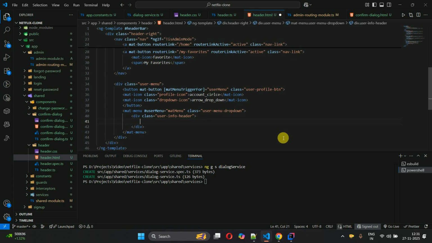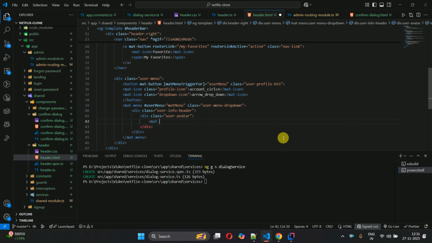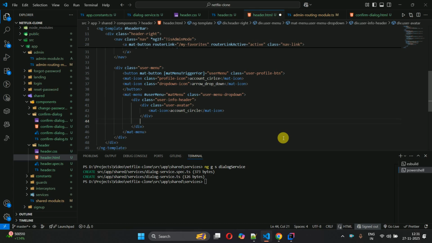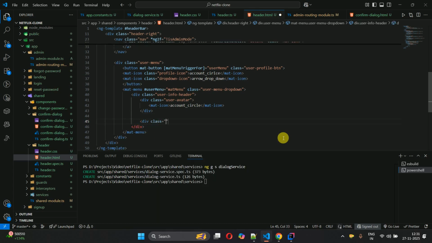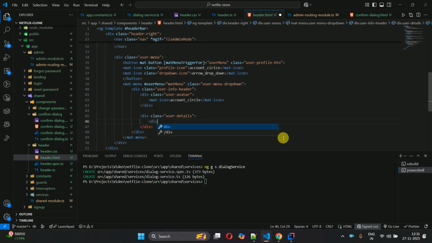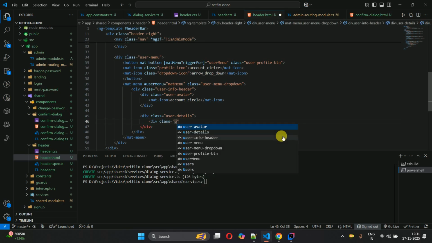and then we have to add a div with the class user-avatar, and then we have to show a mat-icon, account_circle, and we have to close the div. And after that, here we have to write div class user-details, right? We have to show the user details over here, and here we have to write div class user-email